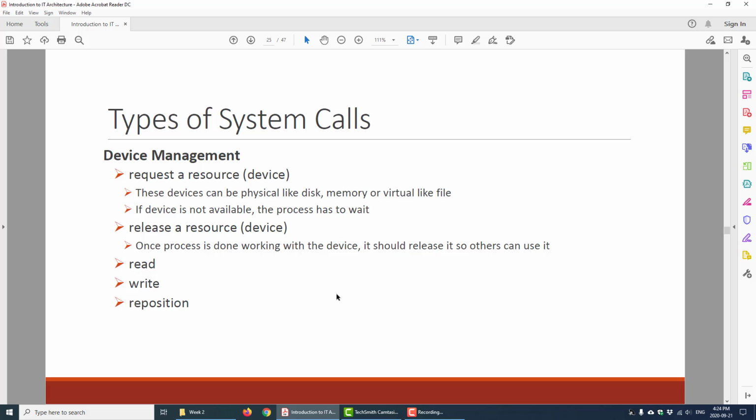Then we have device management. Whenever a user is requesting a resource, that request goes to the operating system based on the system calls, and the operating system looks to see if that resource is available. If it is available, the operating system allocates that resource to that program. If it's not available, it will send a message through the system call to that program that this resource is currently not available. You have to wait to get this resource. And similarly, we can read, write and reposition, and all these things fall under the category